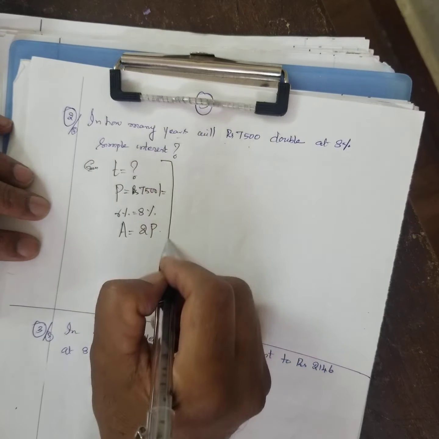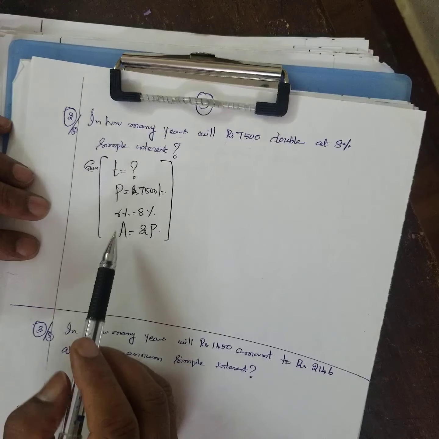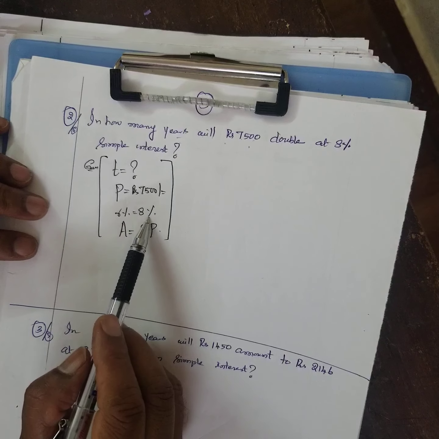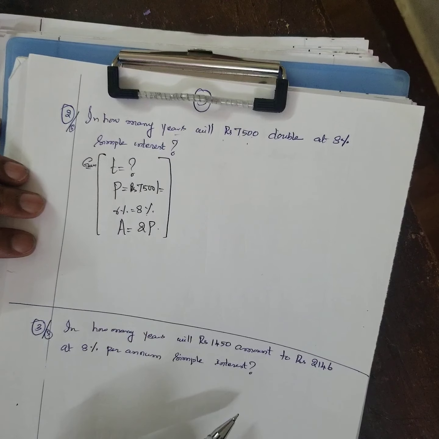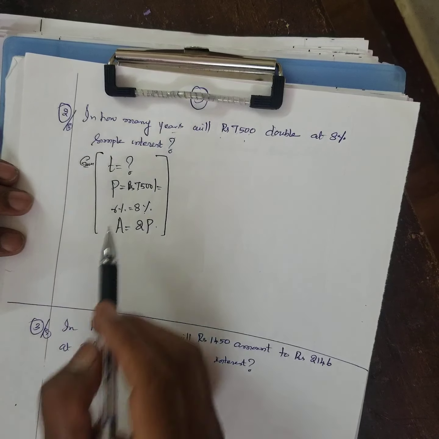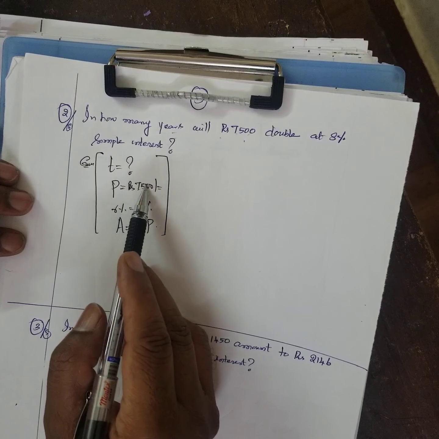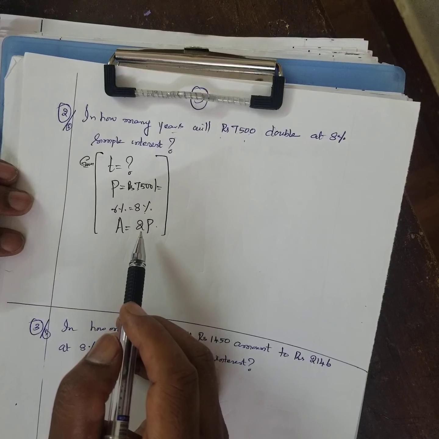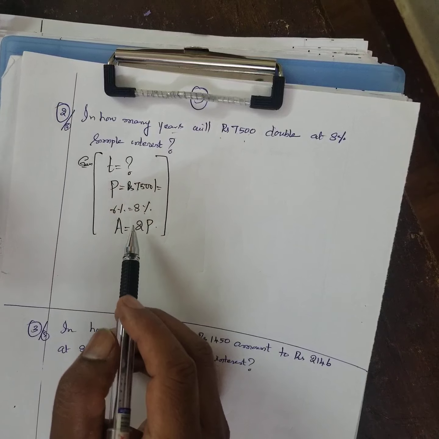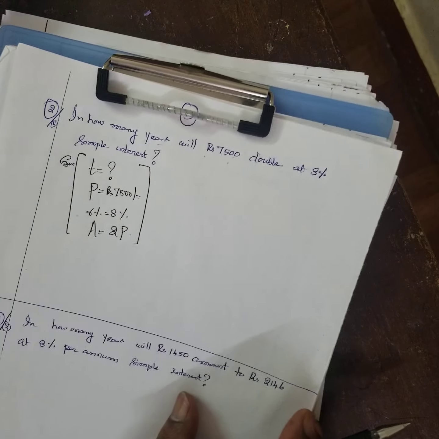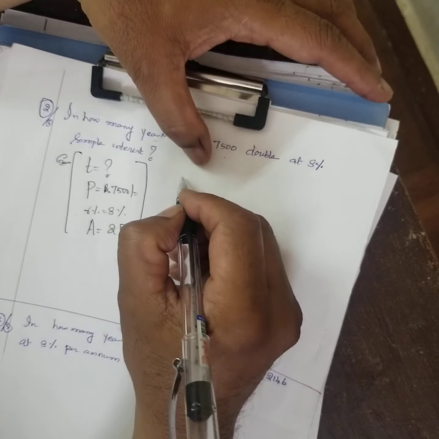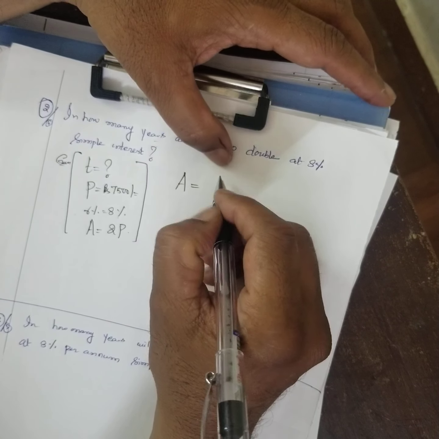Right? You go through the problem. The amount should be doubled. Rate of interest is given. Principal is this much. How much time will it take to become double? You understood? Now I have put some amount, 7,500. It has to become 15,000, that is doubled. Rate of interest they say 8%. It will take how many years? It will become 15,000. What is given? Amount is equal to what?